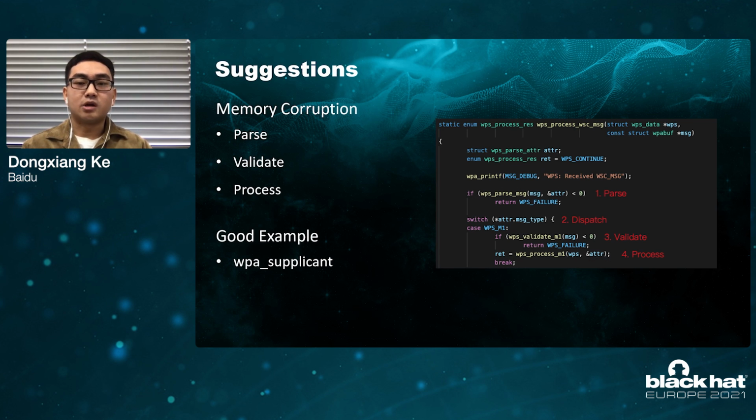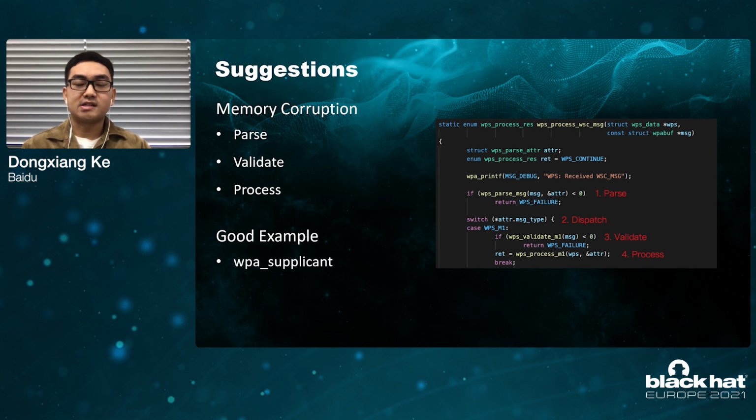For the repair of the above-mentioned vulnerabilities, we have the following suggestions. For memory corruption vulnerabilities caused by processing TLV packets, we recommend receiving the data packet completely, then checking the type and length one by one, and finally processing it, and discarding it when the length and type check fails. A good example is wpa_supplicant. The figure shows the process of wpa_supplicant processing TLV packets, which follows the process of receiving and dispatching,